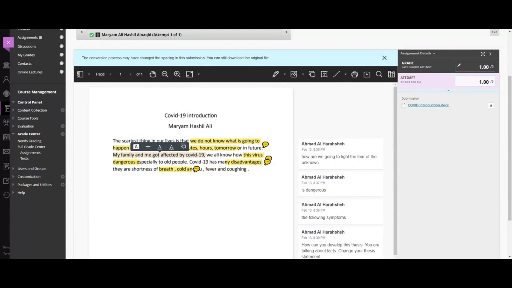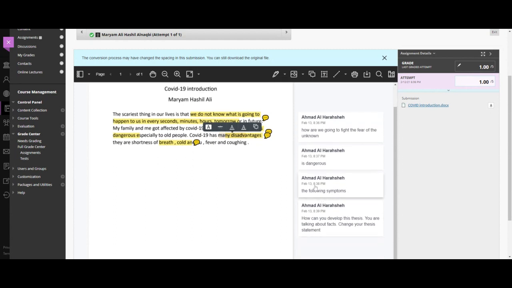And it was a horrible experience when my whole family got COVID-19, etc. We all know how this virus is dangerous, especially, etc. COVID-19 has many disadvantages. There are shortness of breath. Here, my daughter, you are talking about the symptoms rather than the disadvantages. These are not advantages. These are the symptoms of the